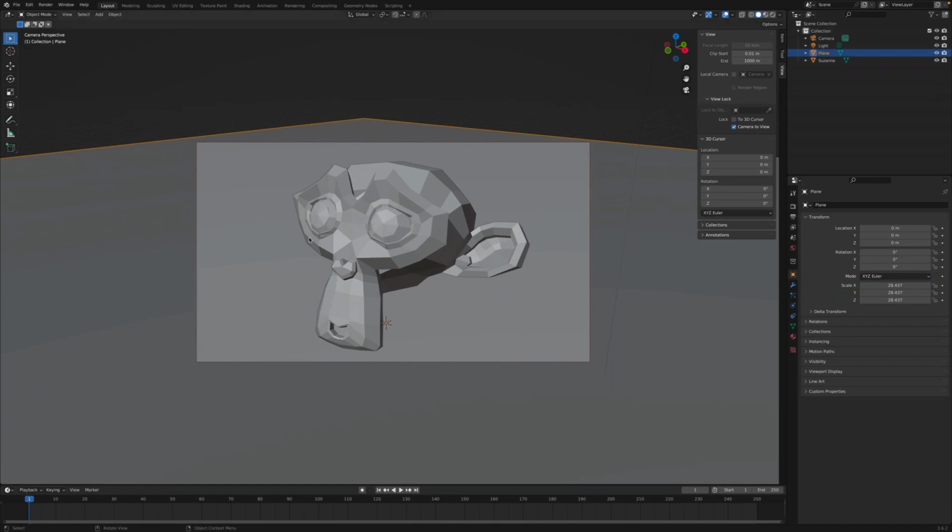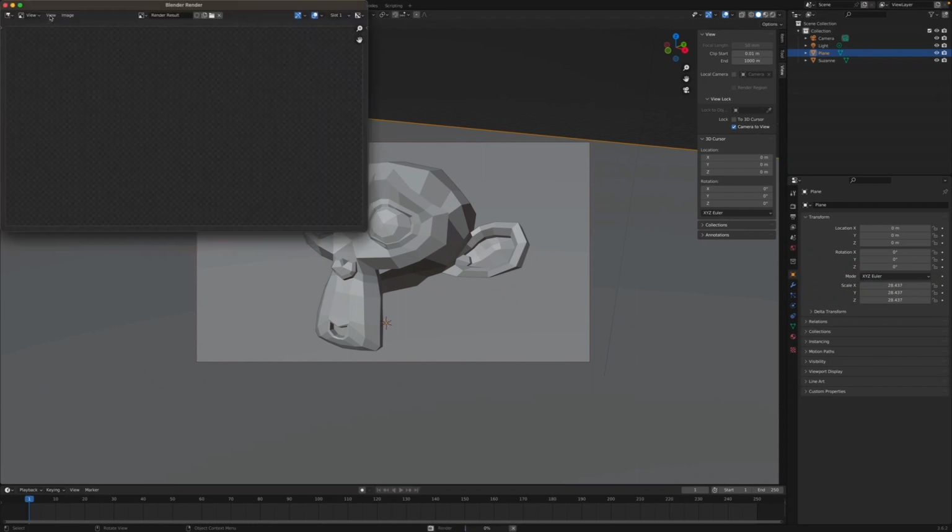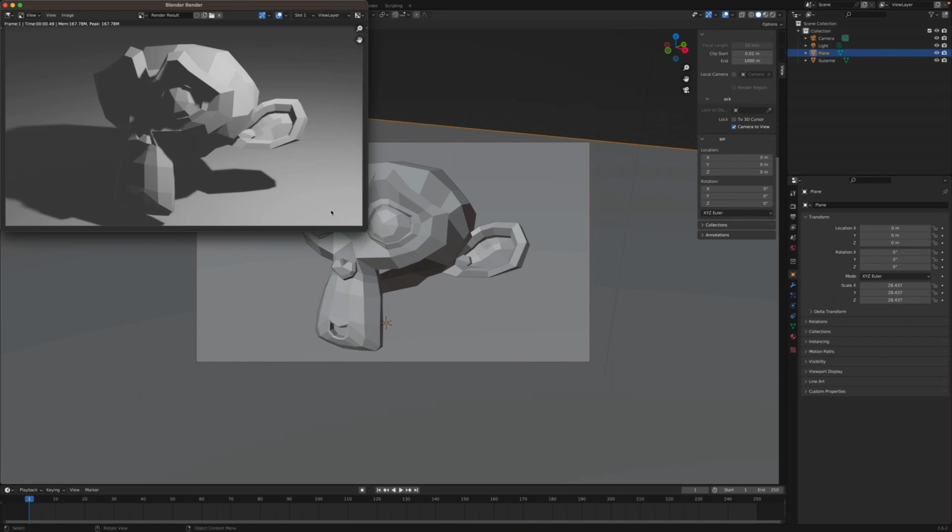So if I really just want to quickly see what this looks like as is, I'm going to come up here to the top bar and say render, render image. You can also say function F12. That will also get this for you. So it looks a little funky right now. This is just the default